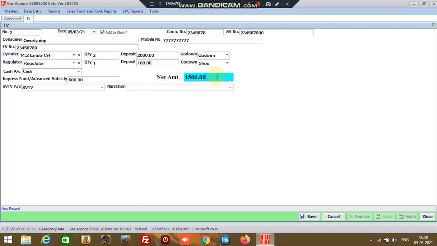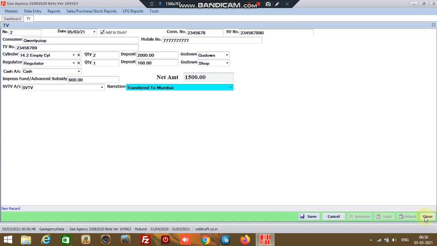And net amount, that is 2000 plus 100 minus 600 is paid to him. Here in the narration you can mention transferred to Mumbai or wherever the customer is getting transferred to, but it is not compulsory.